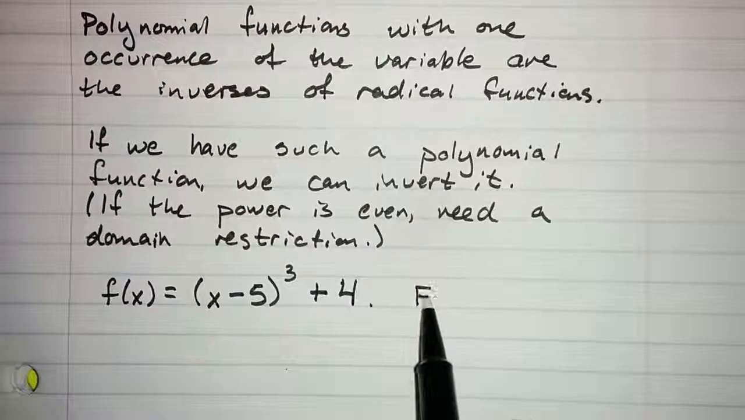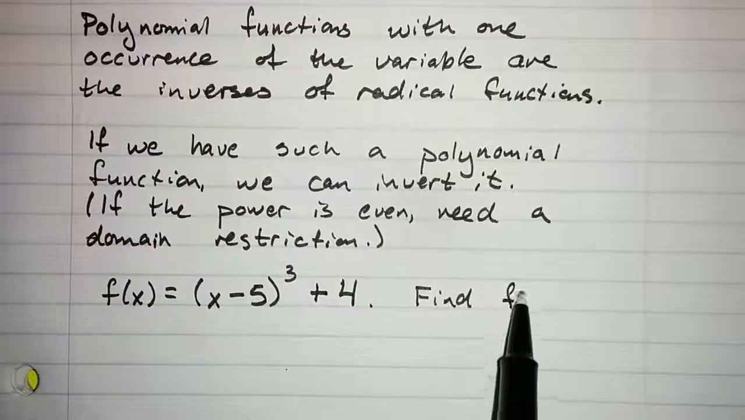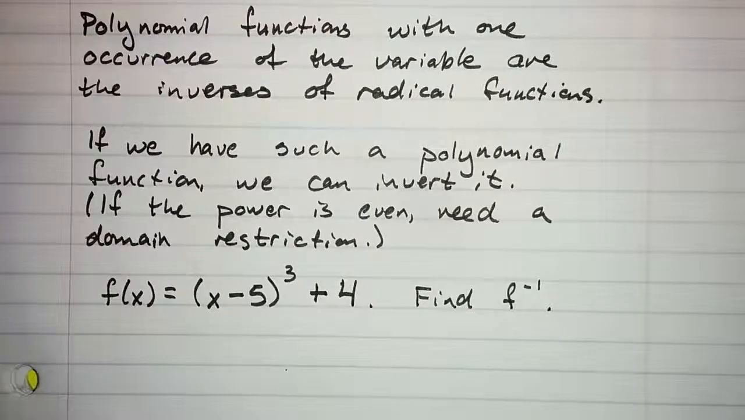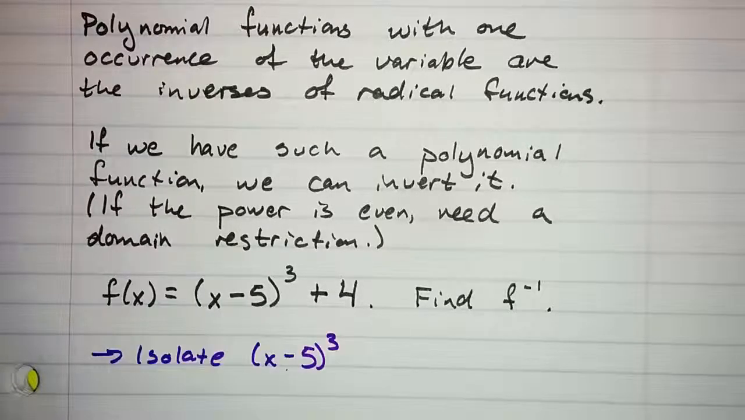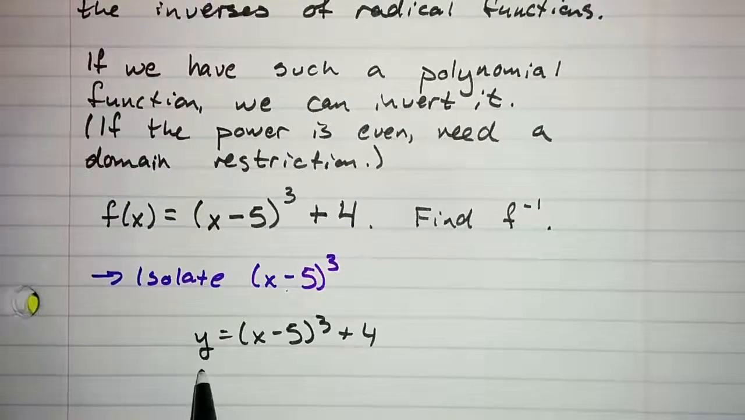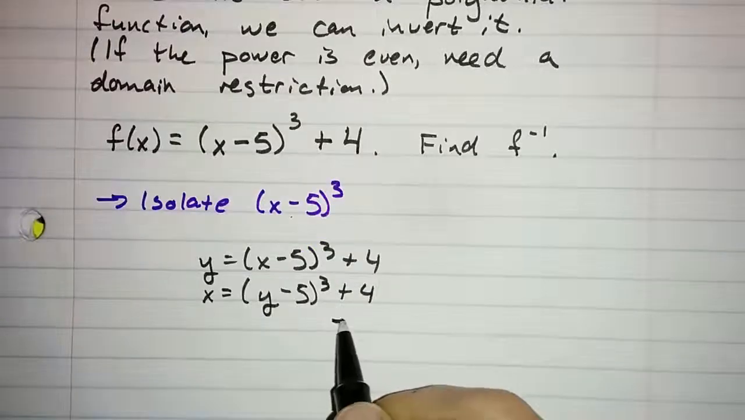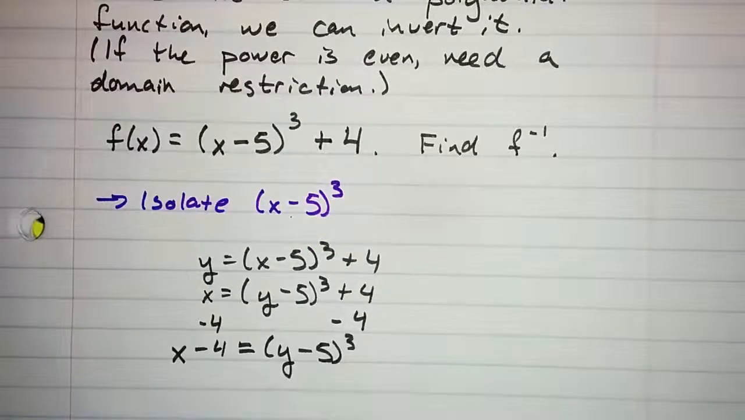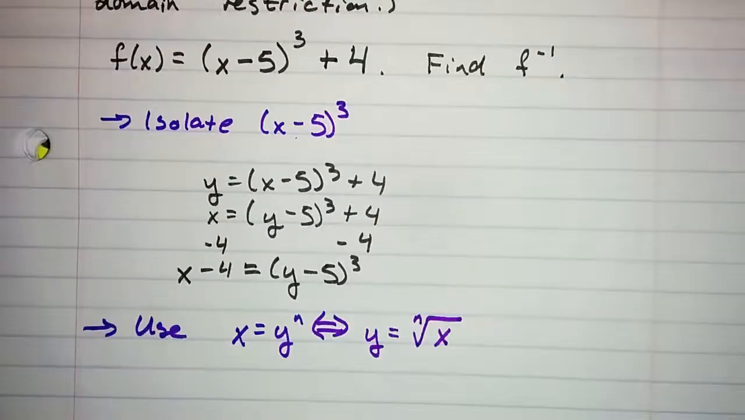Let's say we want to find f inverse. So we're going to start out exactly the way we did with the radicals, namely by isolating the weird thing. In this case, we're going to isolate the power part, (x minus 5) to the third. So we'll write y. We'll exchange x and y. We'll get rid of this 4, and now we've isolated the power part. And now we use the definition of the nth root